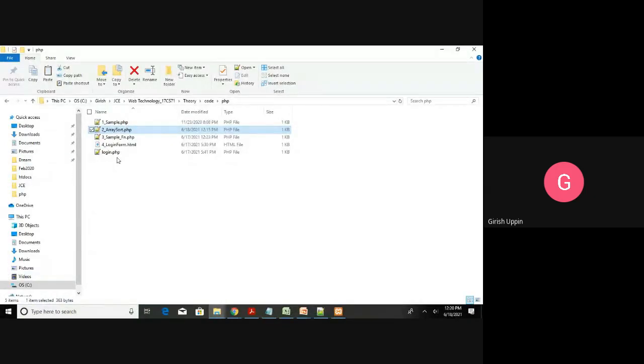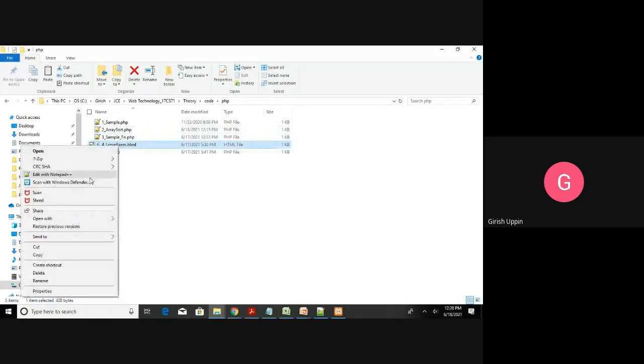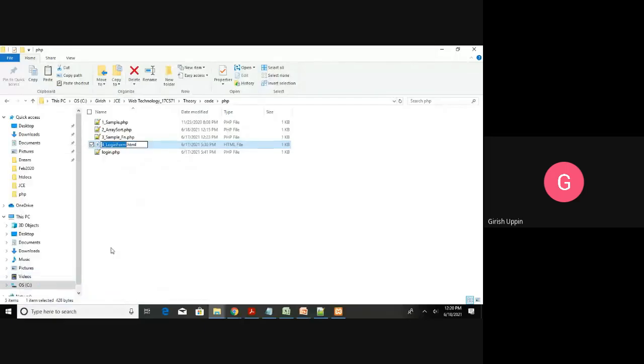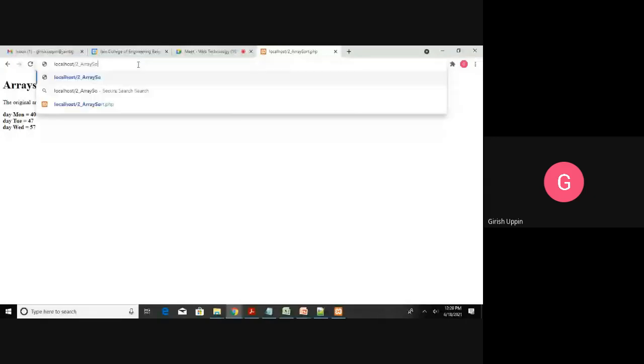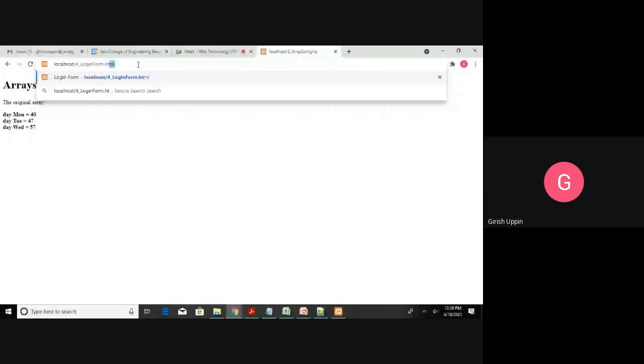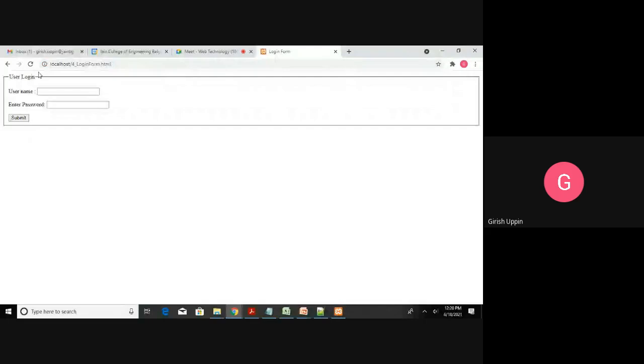For this example, what I have done is I have created a small page where we have the login information. That is HTML, login.html. I will show you the HTML. Just first see the form. This is my HTML. This is the form, username, and there is a password, and they will submit.